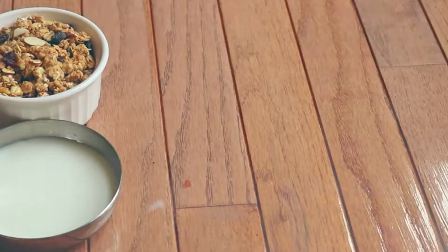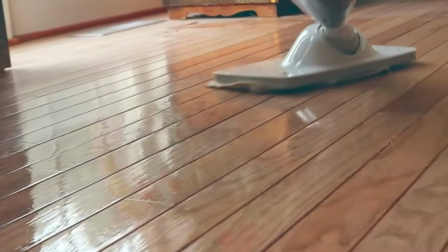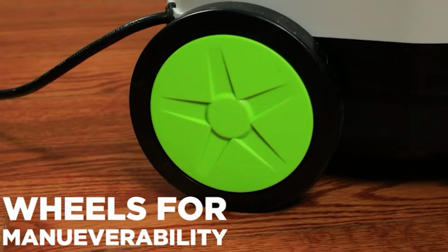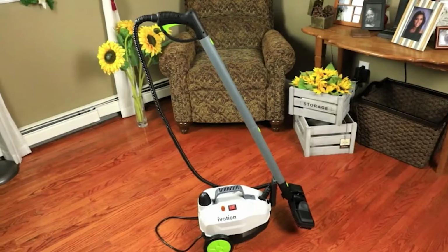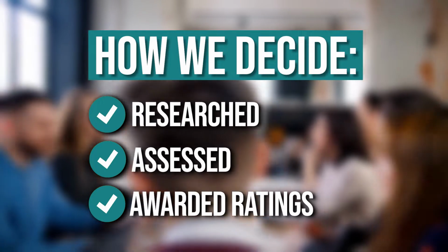When used at high temperatures, steam cleaners can also terminate mold, yeast, and fungi, as well as remove stains and pollutant buildup. Today, we're providing you with a compilation of the 7 top-rated steam cleaners for an environmental and budget-friendly disinfecting regime. The team at TrustedShoppingGuide.com have researched, assessed, and awarded ratings to all the steam cleaners that'll be presented